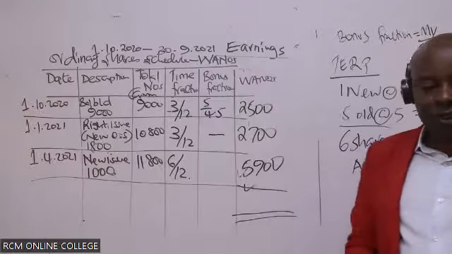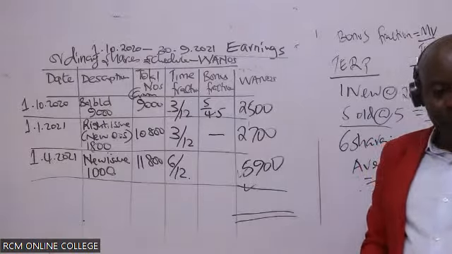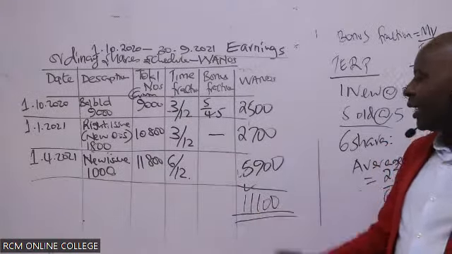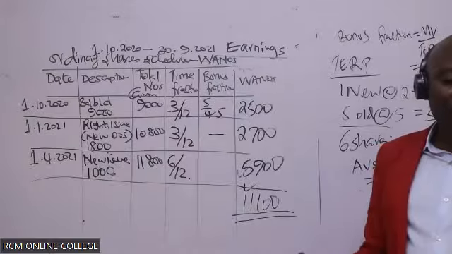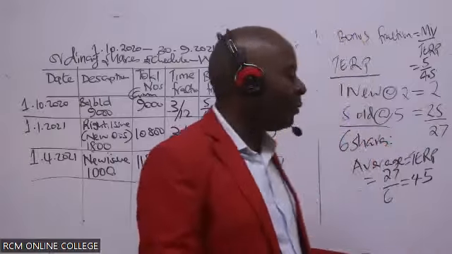So kindly come and give me the total down here. 11,100. And now that you have gotten the weighted average number of shares, go ahead and give us our basic EPS